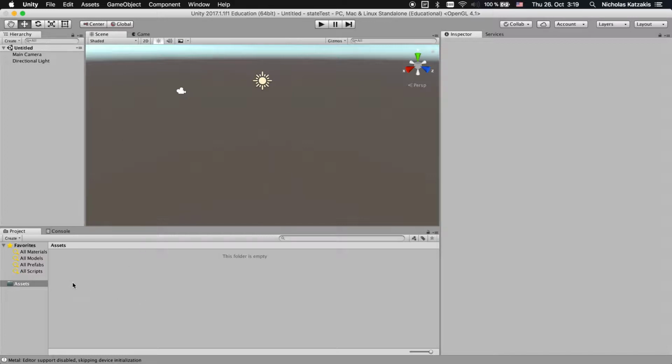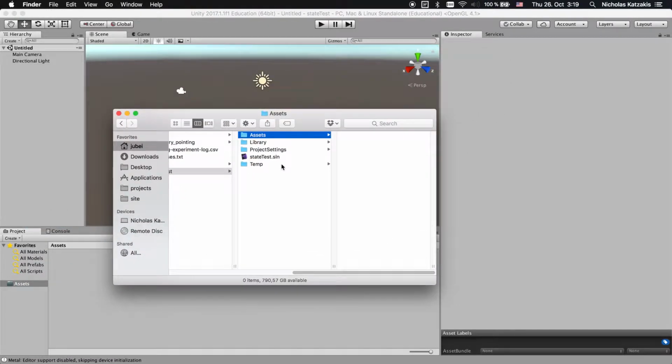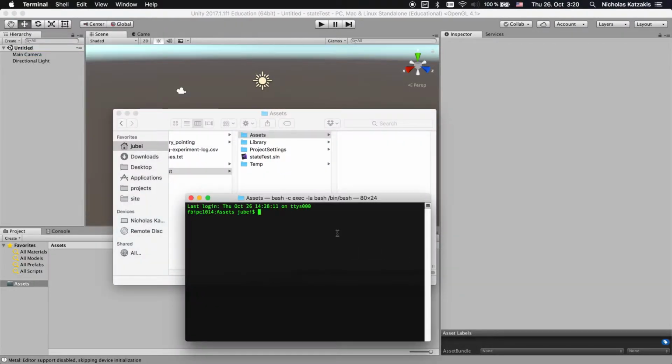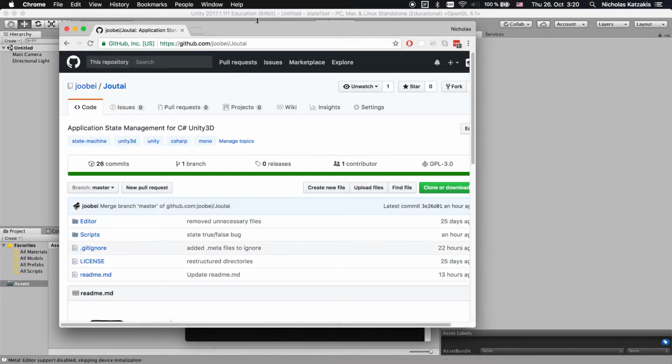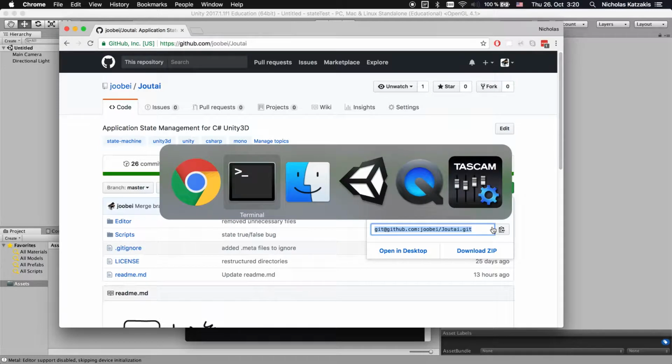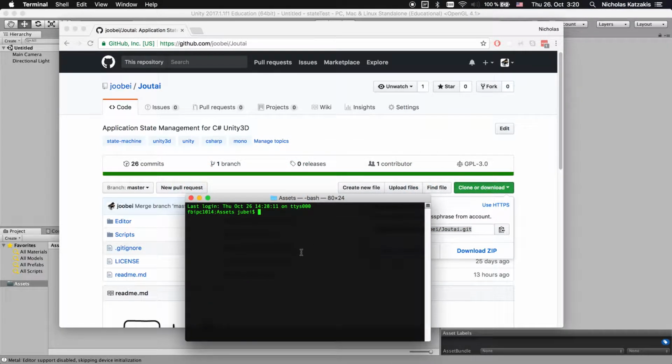There's nothing in there. And what you want to do is go to your assets folder, find out where your assets folder is, and in there you would need to essentially check out the project. So go to the GitHub page and just clone it. That's, I think, the easiest way. So just go to Joutai inside assets and just say git clone